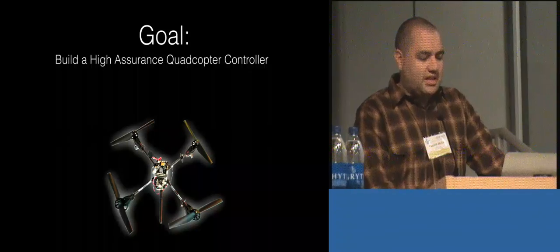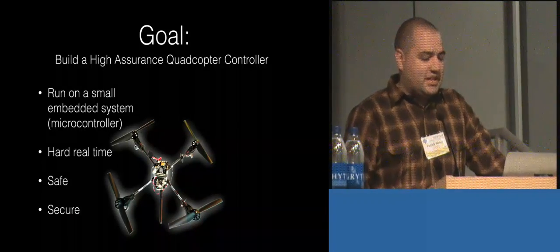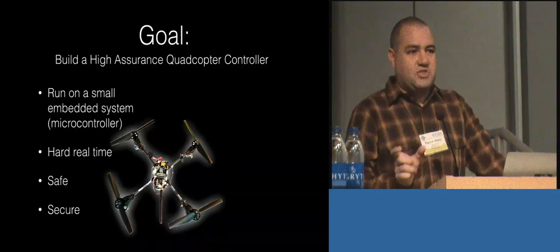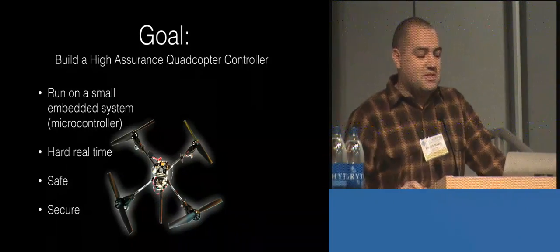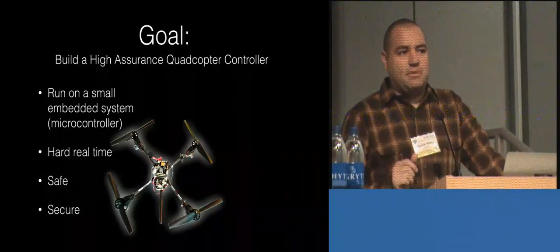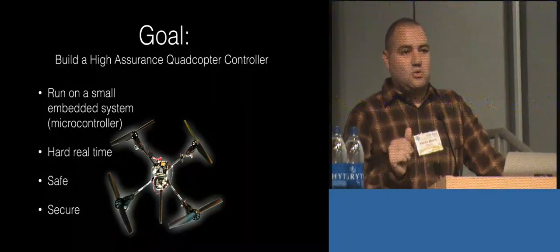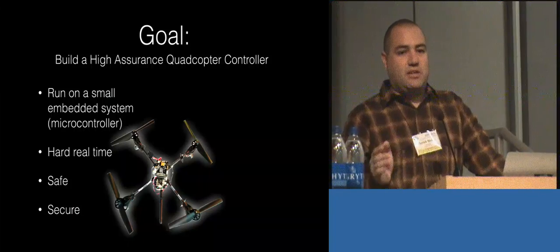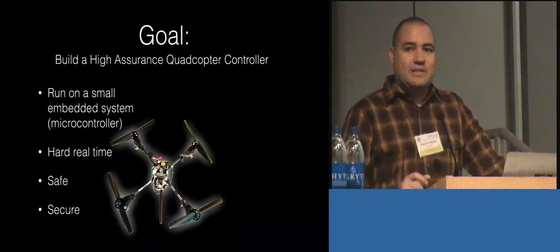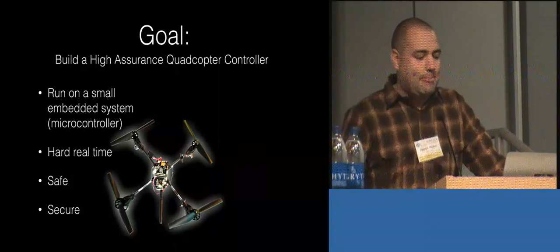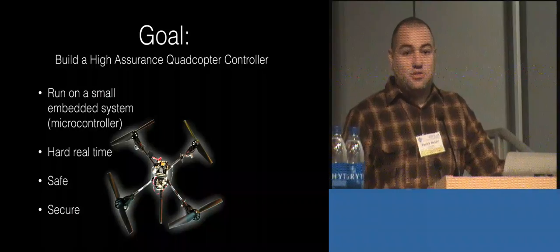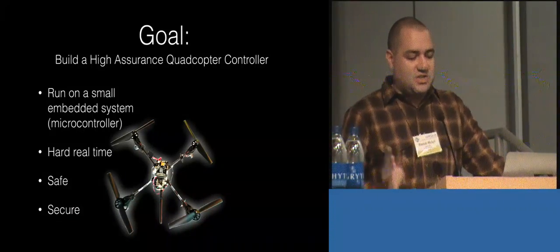So the challenges on building this: it's an embedded system, it's a microcontroller. So it's a very small computer with limited resources. The system has to be hard real time, which means there's a fixed deadline between when you get a new sensor sample in and when you have to send new control outputs to the motors. That's about 1 millisecond or sometimes even less for some sub-deadlines in there. And the system has to be safe. There shouldn't be any bad behaviors, bad states you can get in. There shouldn't be any bugs, effectively, and secure.